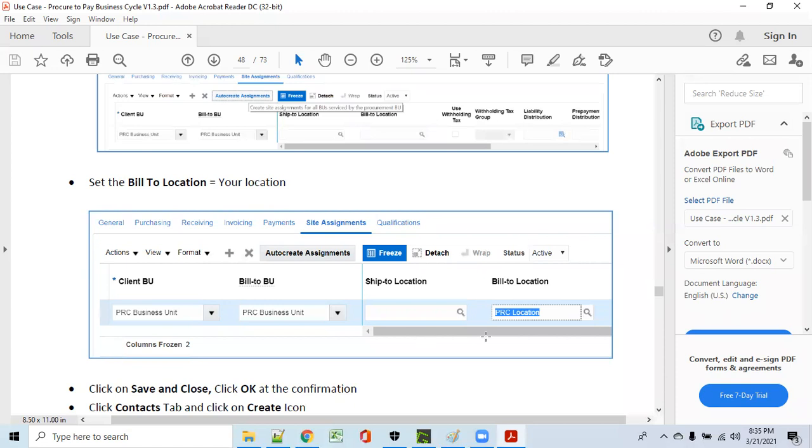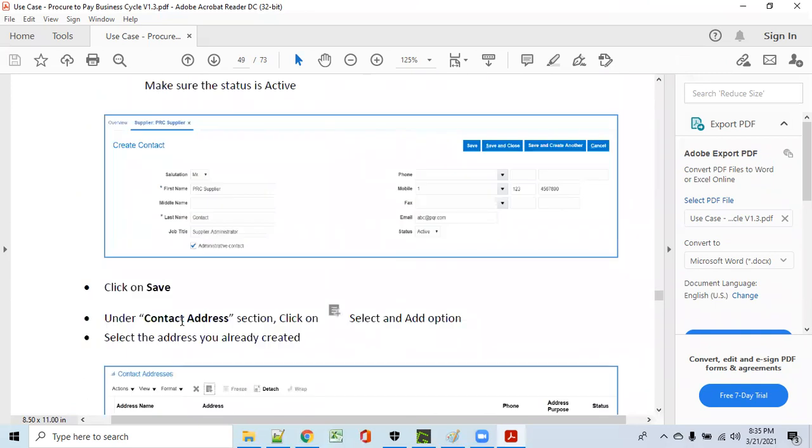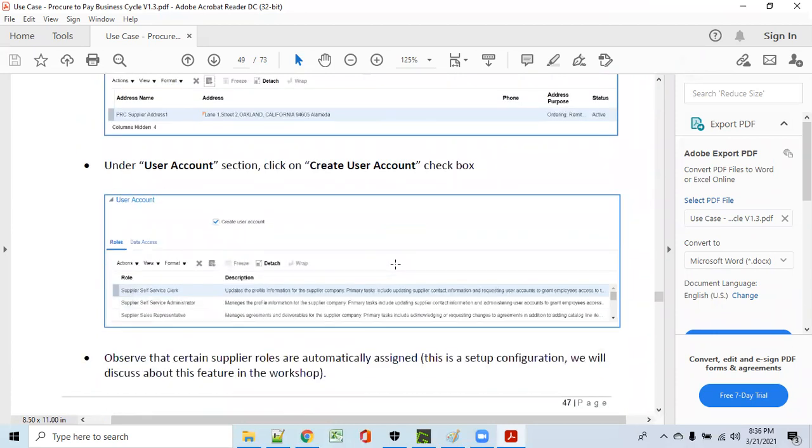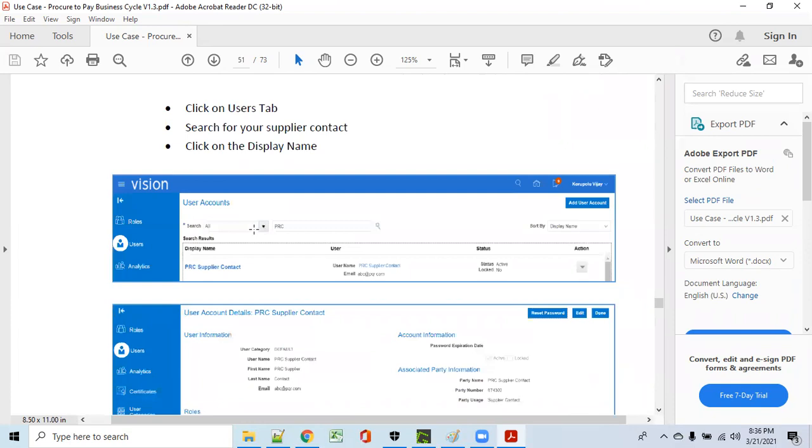So when you make the PO and it is approved, the supplier will send the goods to your location. We can define a separate ship-to and separate bill-to also. And address, user account: using the contact we can create a user account, which is the user account for supplier portal access. Okay.